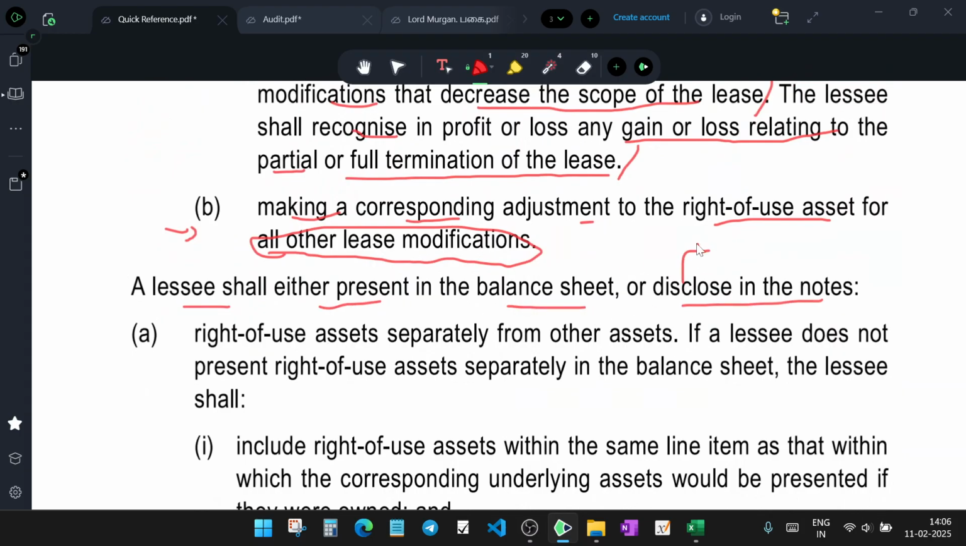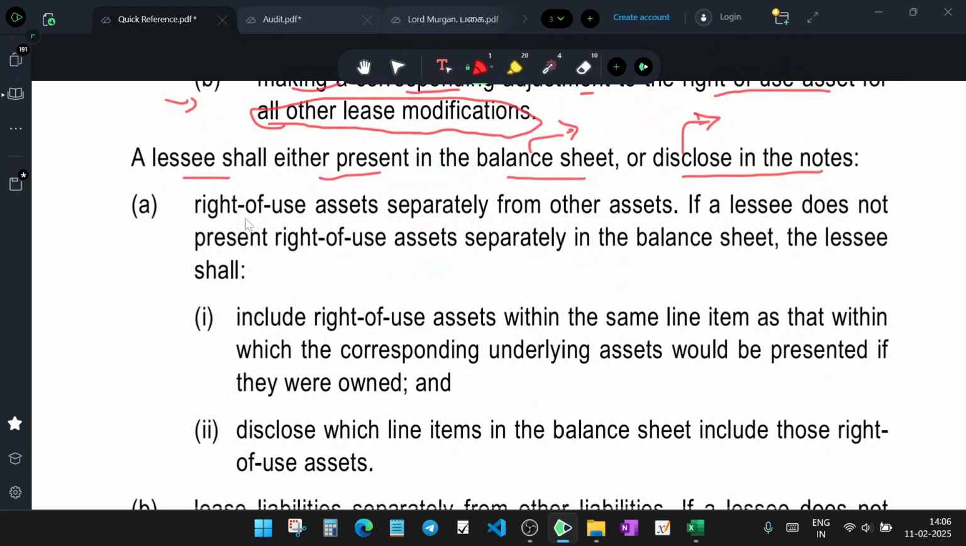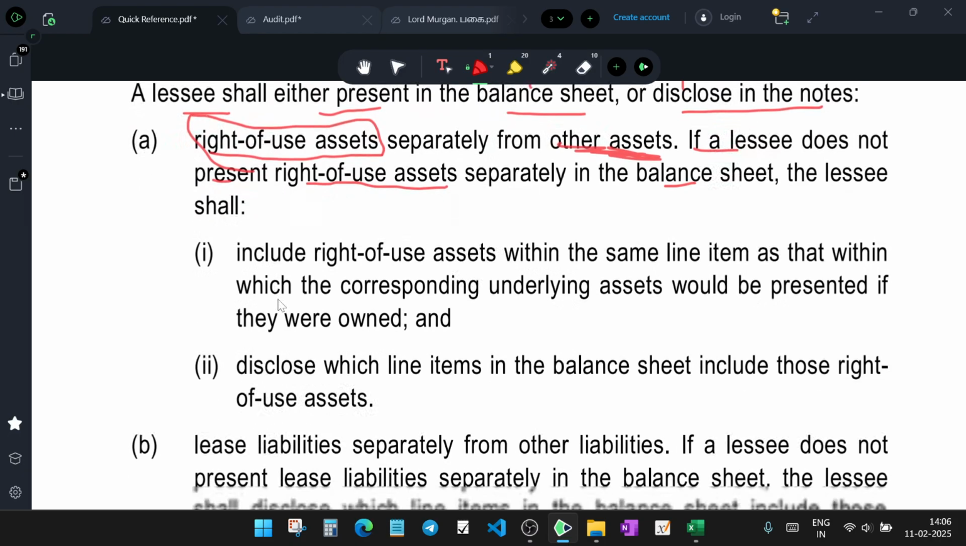The lessee shall either present in the balance sheet or disclose in the notes. So short-term leases are always disclosed in the notes. They won't be shown in the balance sheet. But all other leases should be shown in the balance sheet specifically: right of use of asset separately under other assets. If the lessee does not present the right of use of asset separately in the balance sheet,